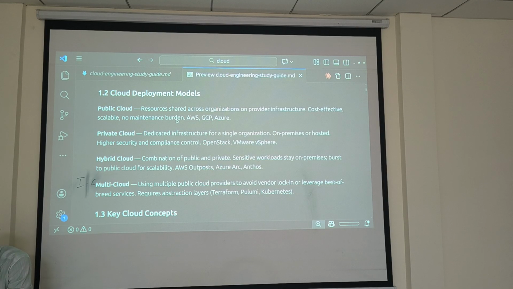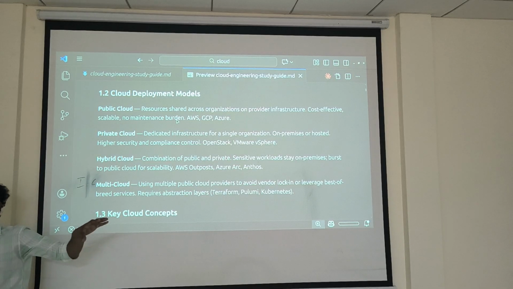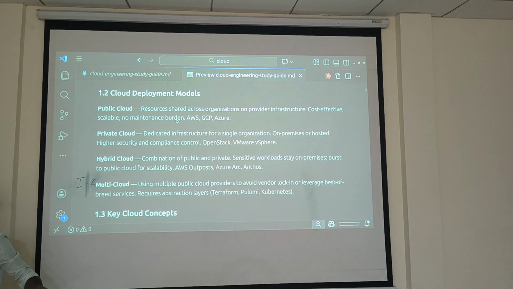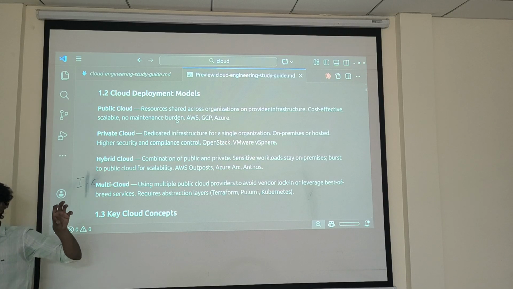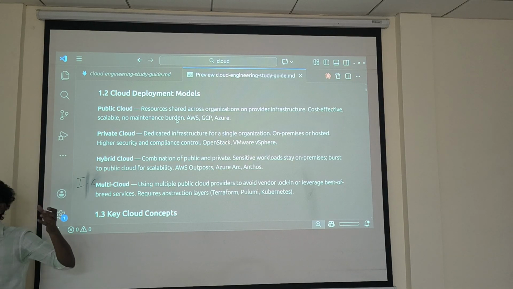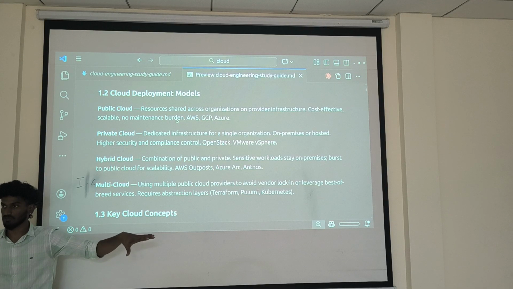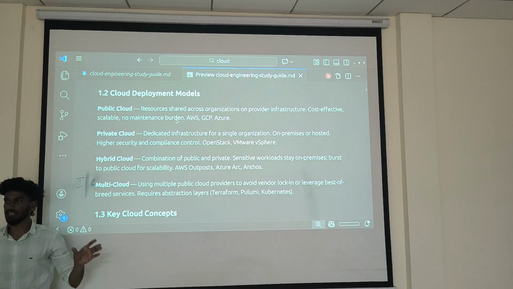Public cloud is nothing but you can share your entire infra across your organization. Private cloud is dedicated to one particular entity. Let's take Meta as an example. Meta has WhatsApp, YouTube, Instagram, everything. How do they take cloud providers and manage? With a public cloud, they take one cloud and share it with all the other companies, because each is its own separate company, a subset of Meta. That is called a public cloud.